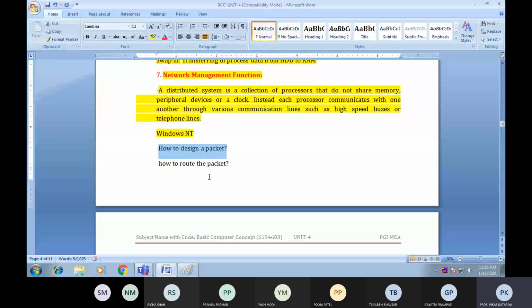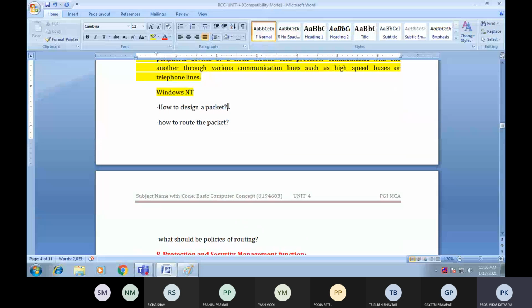और नेटवर्क के अंदर की कुछ टर्मिनोलॉजी है, ये भी आपको पता होनी चाहिए कि हाउ टू डिज़ाइन अ पैकेट। पैकेट एक बहुत छोटी एंटिटी है जो कि नेटवर्क में ट्रेवल करती है, या आप इसको इस तरह से समझ सकते हैं कि पैकेट क्या है। इट इज अ स्मॉल यूनिट which contains users data। आप जो भी नेटवर्क में डेटा ट्रांसफर करते हैं वो जो भी डेटा है वो बाइनरी फॉर्मेट में पैकेट के अंदर ही मूव करता है। यदि आप अपने मोबाइल से भी एक मैसेज ट्रांसफर करते हैं तो वो मैसेज का जो डेटा है वो कई पैकेट्स में कन्वर्ट होता है, पैकेट को कलेक्ट करके हम फ्रेम बनाते हैं और फिर फ्रेम में वो डेटा ट्रेवल करता है नेटवर्क में।